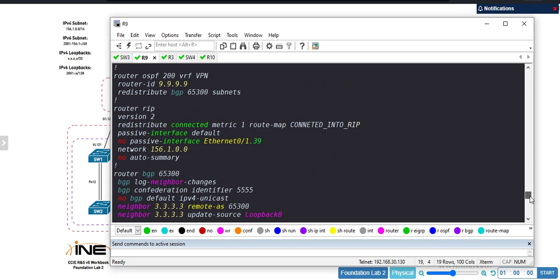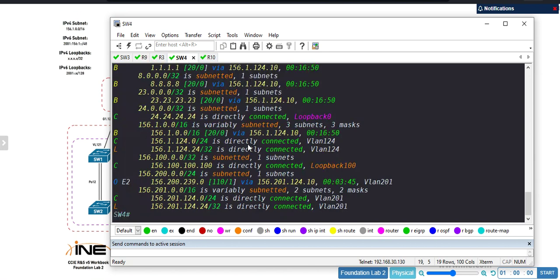And on the router OSPF 200 VPN, we distributed this. Also, it is correct either. Okay, I have this route